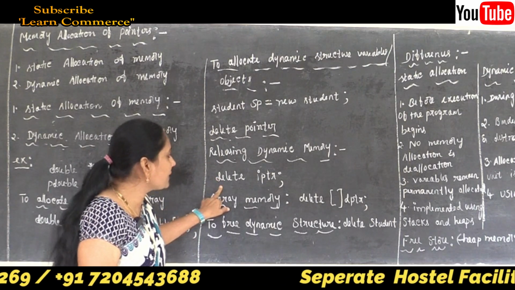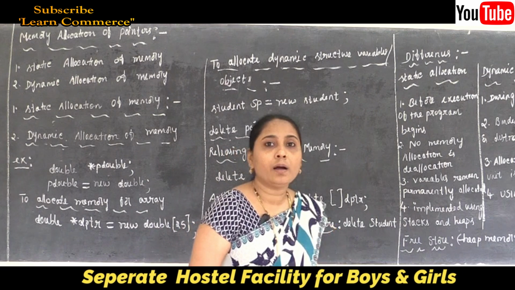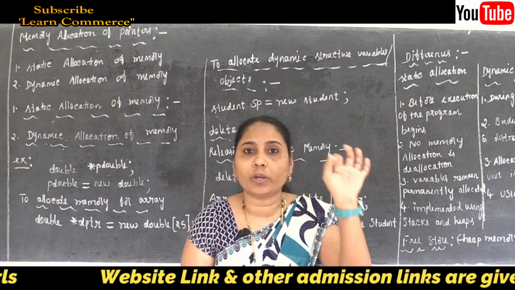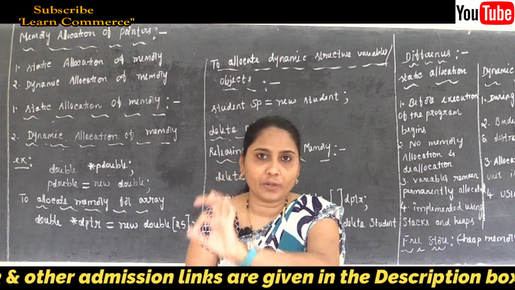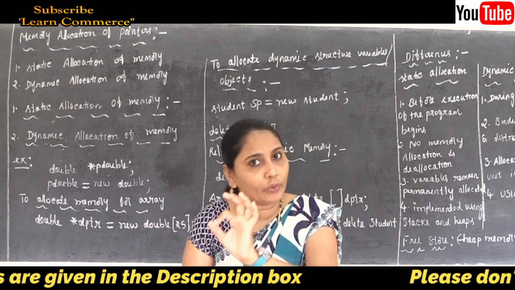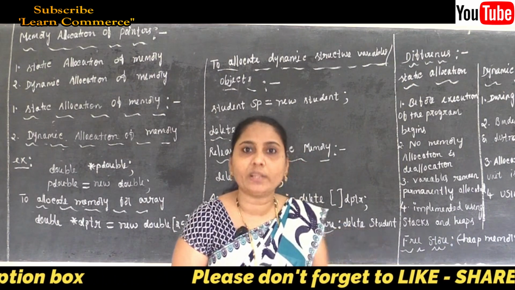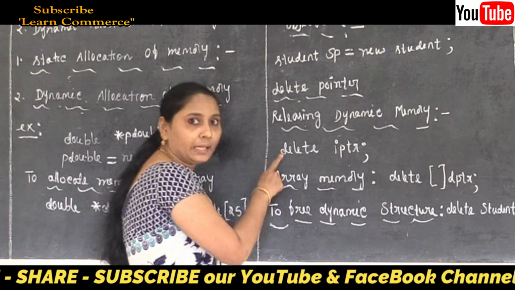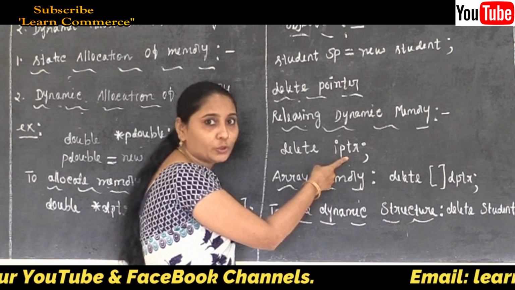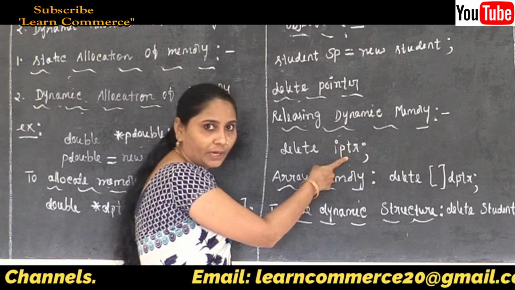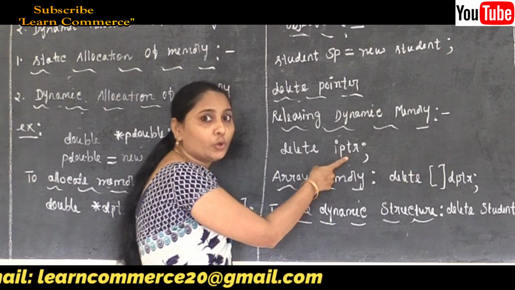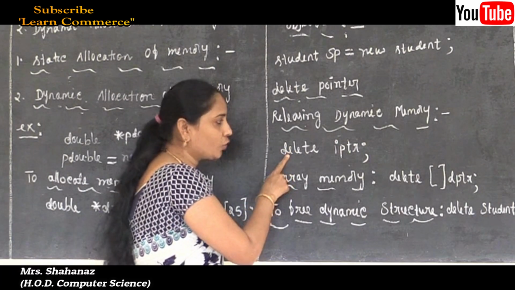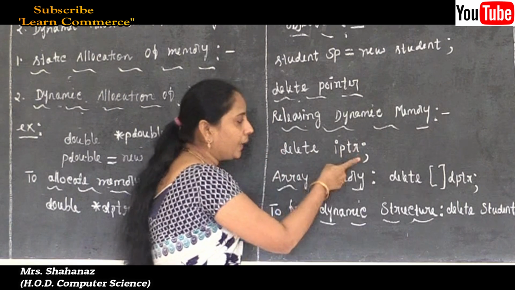So in this case, maybe I already created an integer type, that means by using one line, int pointer iptr; iptr is equal to new int. So if I don't want such memory, then how am I going to delete it? That means such a line is going to be written as delete iptr. At that time it is going to delete the memory allocated by using new; it is going to be deallocated by using the operator delete. Okay, so we are going to write the line as delete iptr here.